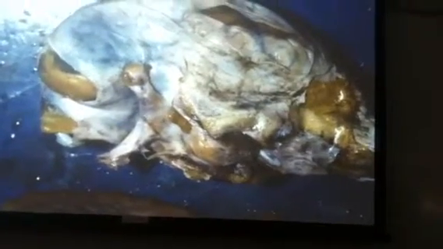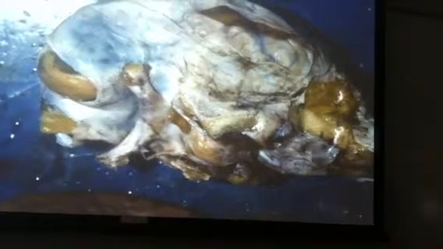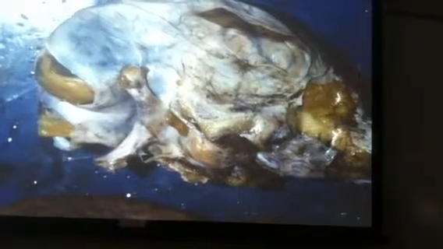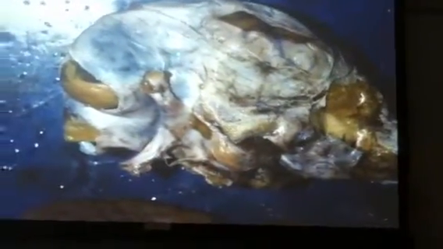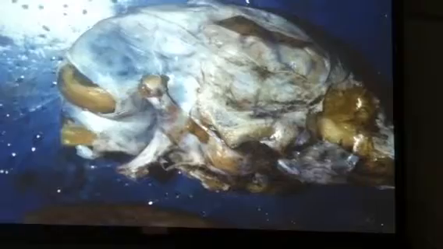What about glossopharyngeals and vagus? We're not going to look at those nerves. Don't worry about those. Those are some of the major nerves in the body that take signals from different